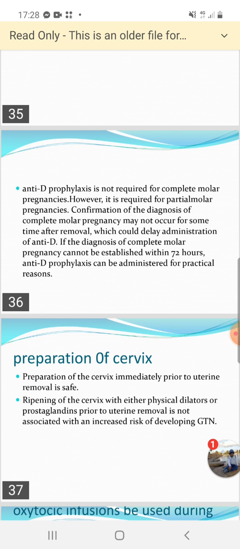So even if ultrasound is telling complete or partial, you give NTD. Even if the guideline is telling there is complete mole, you have to give NTD because there is a chance that it will turn out to be partial mole and then you will miss that time period. So according to the new guideline, ultrasound says complete mole, give. If histopathology, you get very